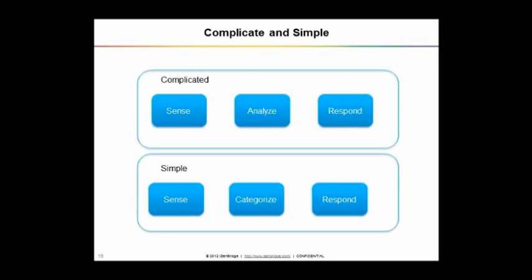Simple is where you don't have to do this analysis. You get the thing, you categorize it. You already know there are 10 buckets, and the solution comes on the basis of the category it falls in. So if you get a request, you identify whether it's a hardware problem, QA problem, user education issue, or data problem, and once you categorize it, then you know what the solution is. If it is a user education issue, you teach the user again or explain the steps over the phone. So that is a simple solution.